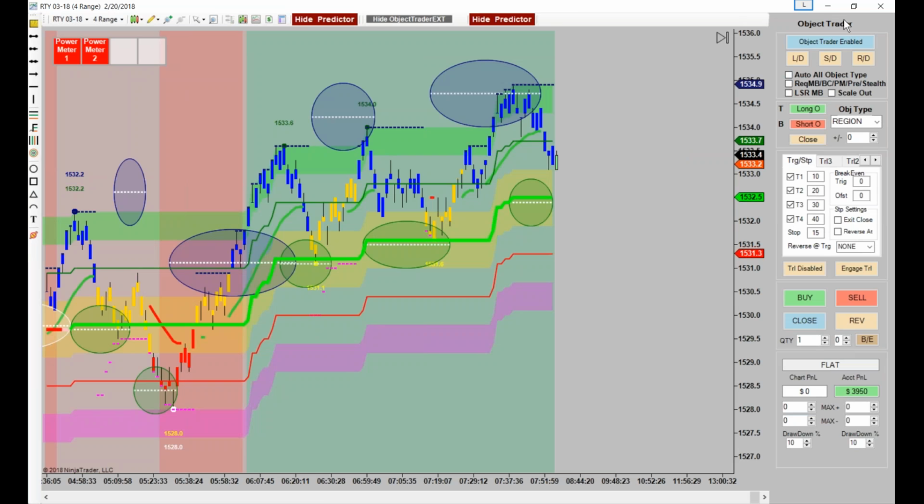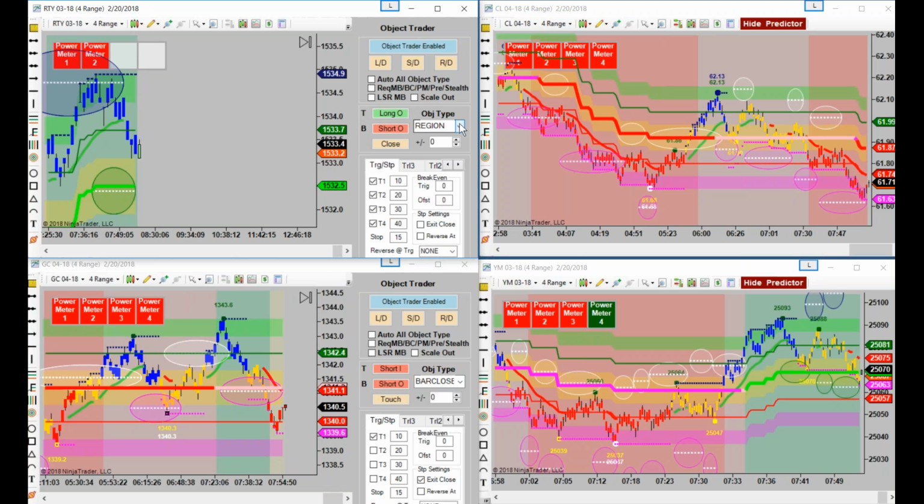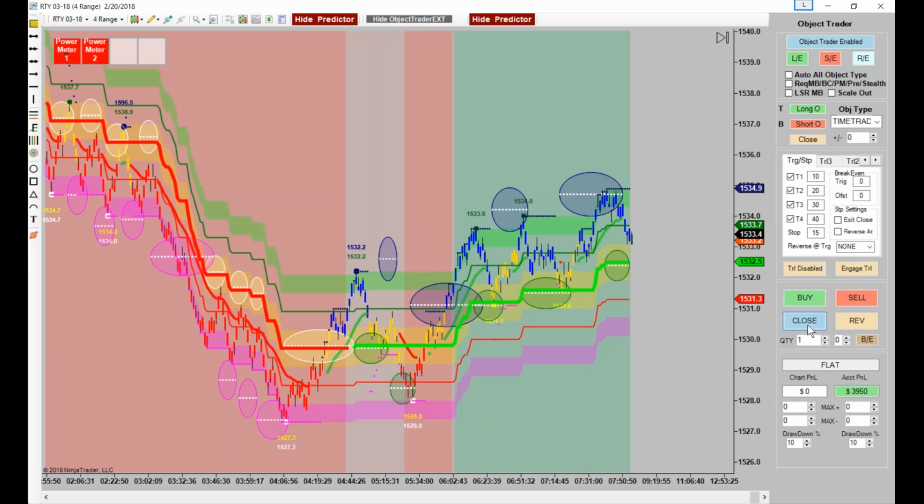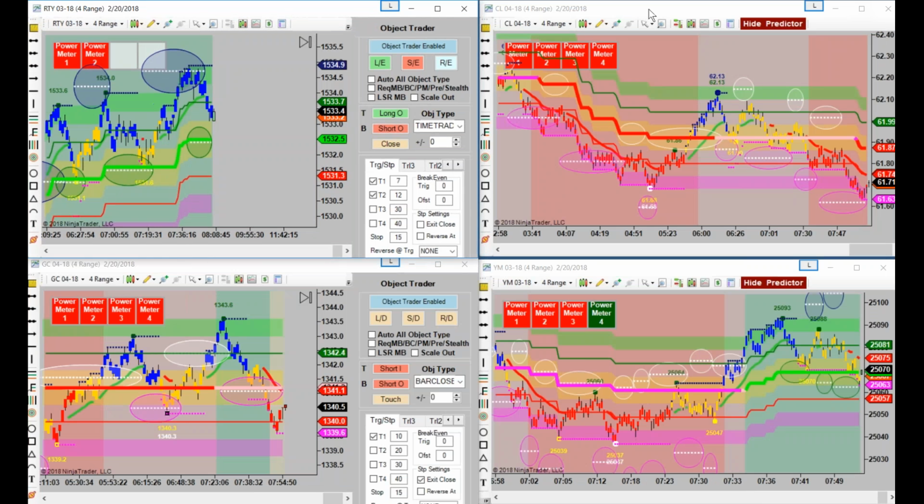All right, so that's Russell. We're going to go ahead and activate that with time trader, short and long. Let's just do 3, and we're going to go for like 7 ticks. And let's just go for like 12. All right, we'll just set those targets only. We don't care about anything else. We're just wanting to make like 19 ticks times 3 contracts. So that'd be around $200 right in that area, right? Okay.